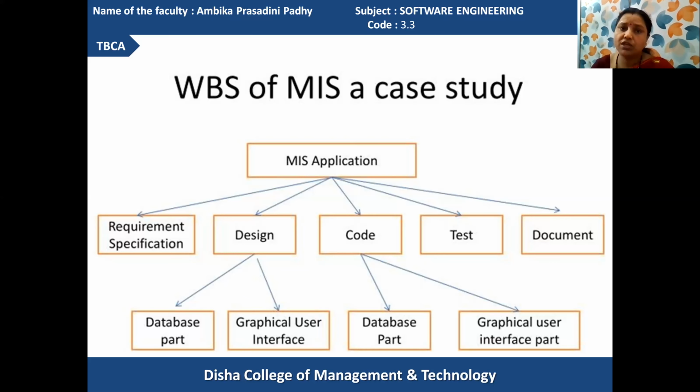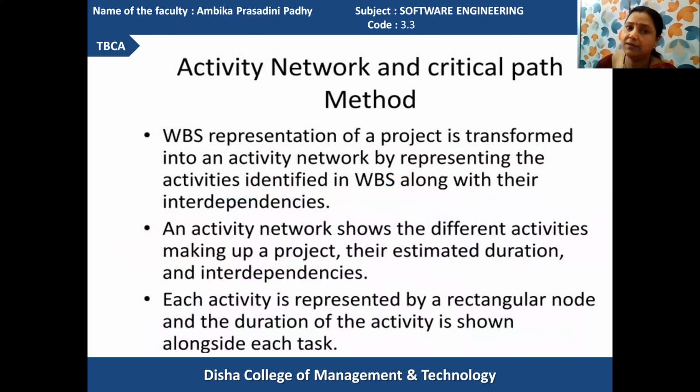Come to the next point, that is your activity network and critical path method. In activity network preparation, you need the information represented in the WBS. The WBS representation of a project is transformed into the activity network by representing the activities identified there along with their interdependencies. Got it? When the work breakdown structure is prepared, it identifies the tasks to be executed one after another, and how the tasks are to be executed one after another we can watch in the activity network.